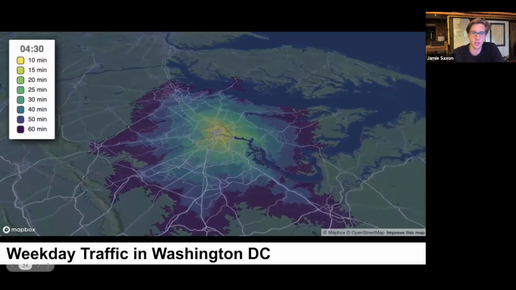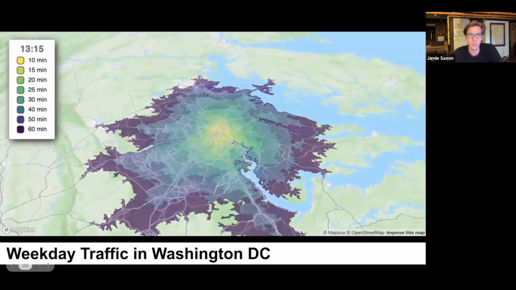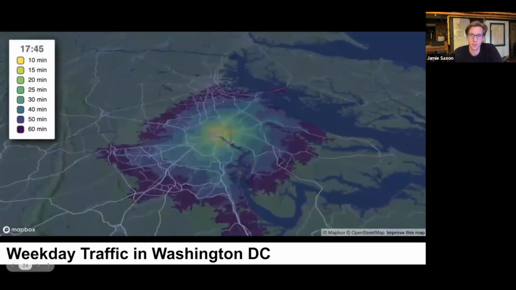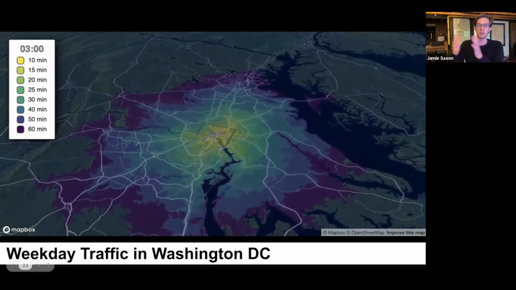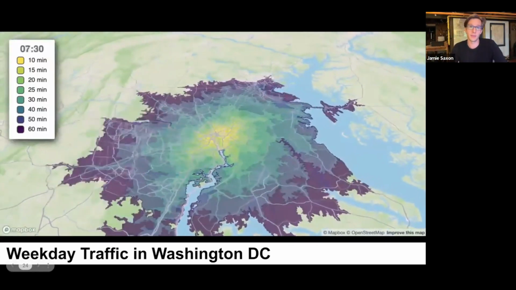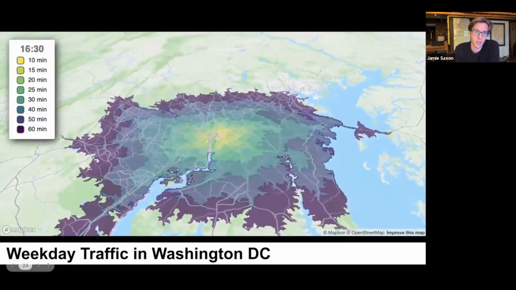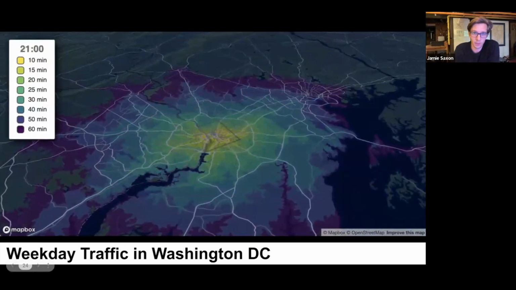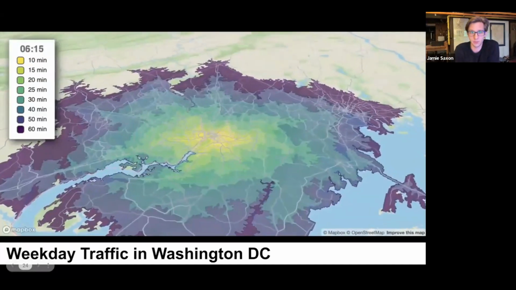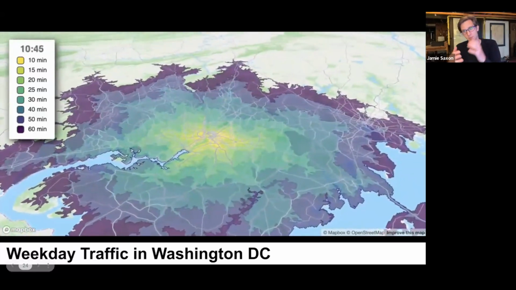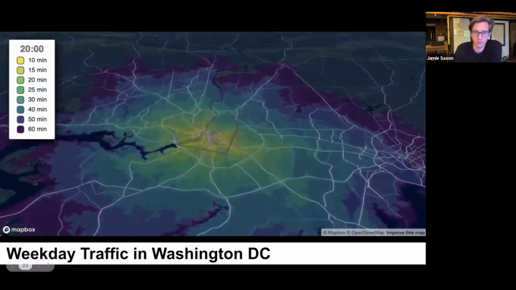This is looking over the course of a day in Washington, D.C. And you see the isochrones fluctuating in and out as we hit morning rush and then evening rush, and then starting to expand and follow their pattern again. You obviously see the isochrones creeping along the highways. You can see that the west area of the city towards Virginia collapses more. If you pay attention closely, and I'll show this in a graph on the next slide,